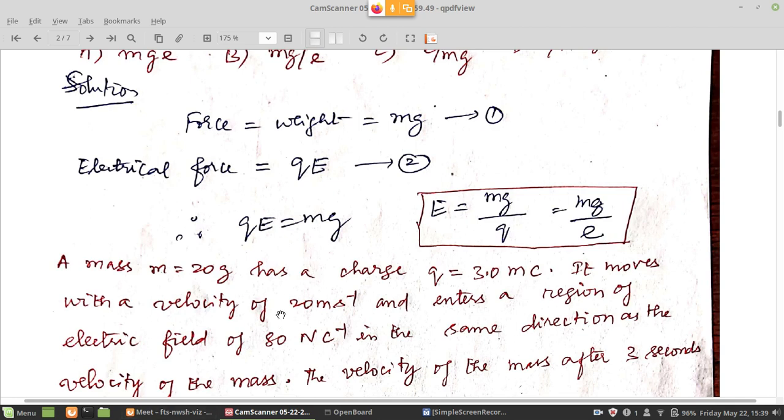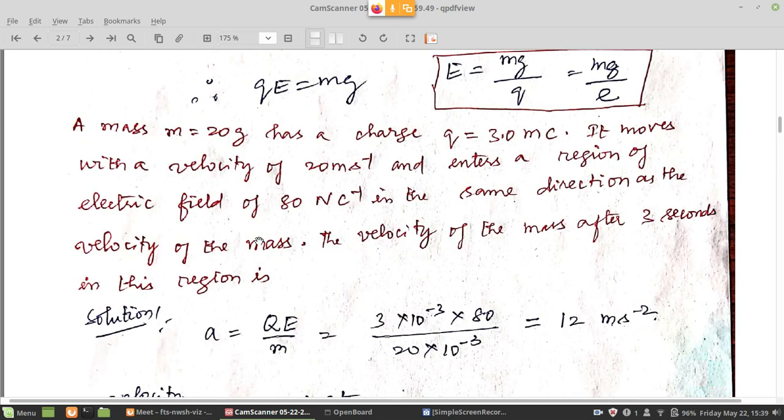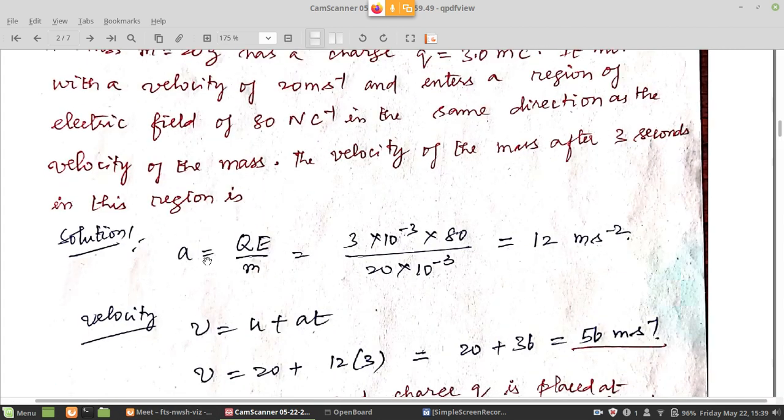Okay, I think everybody is now getting the answer. That is 56 meters per second. So all we have to do is to get the acceleration first. Newton's equation is mass into acceleration, and that is force. So that force is equal to the Lorentz force Q into E. So acceleration alone, if you need, is Q into E divided by mass. So ma is equal to QE is the equation.